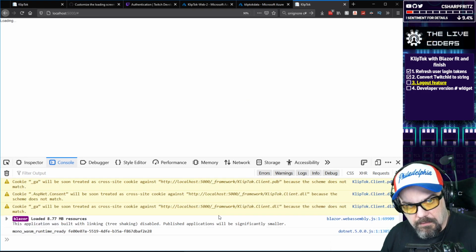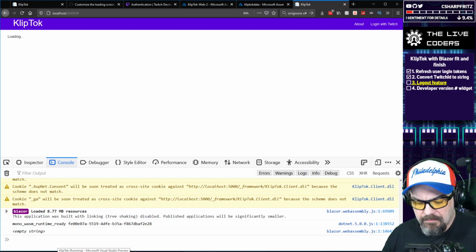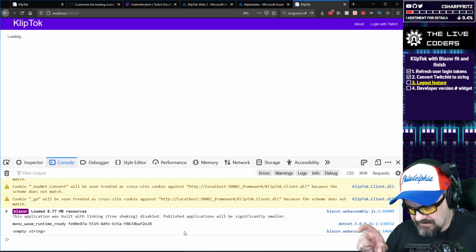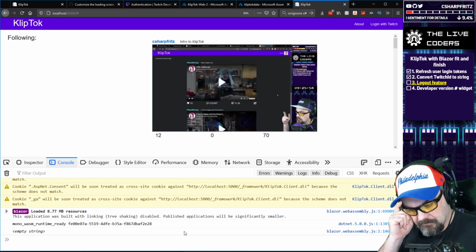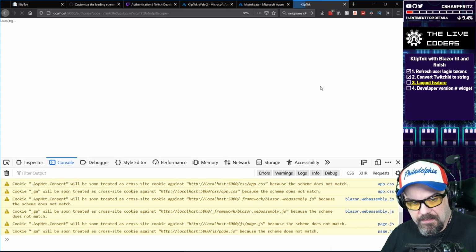So, the loading screen, I believe it's inside app.razor. You'll be able to see it there, and you can actually have it be all kinds of different things. There, now it didn't try and refresh the tokens. So now if I try to log in with Twitch,